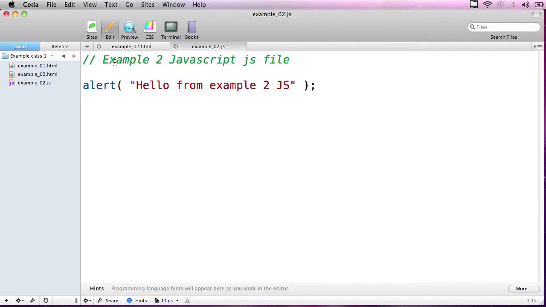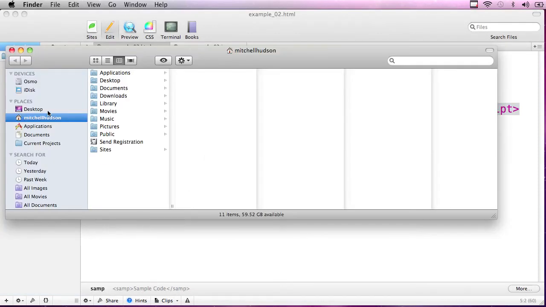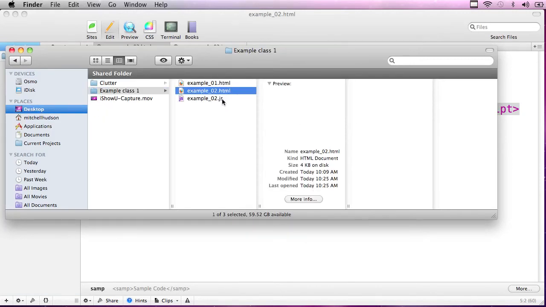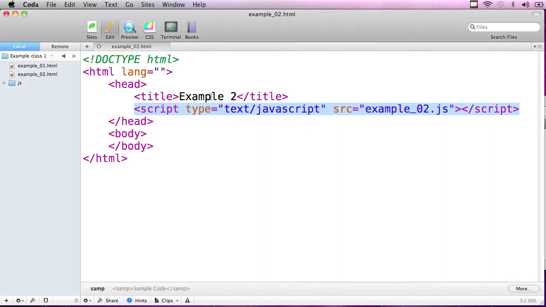There's a simple example on JavaScript in an external file. And you can see my files in the same folder here. Just as a side note, if you happen to be working with this and you wanted to put your JavaScript files, let's say, in a folder called JS, maybe that's a very common naming convention. I've moved this into that folder. So now it's in the JS folder. We can see it in Coda. And, if I was to test my file now,